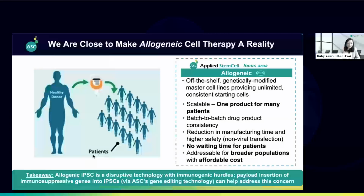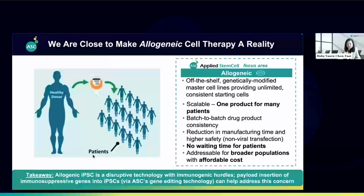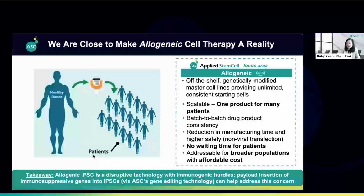Other approaches using CRISPR, Cas9, or any other methods all require multiple steps. You have to knock in multiple genes in multiple steps. And here, using our TARGATT technology, we can do it in a single step, right? And so our goal is really to provide off-the-shelf